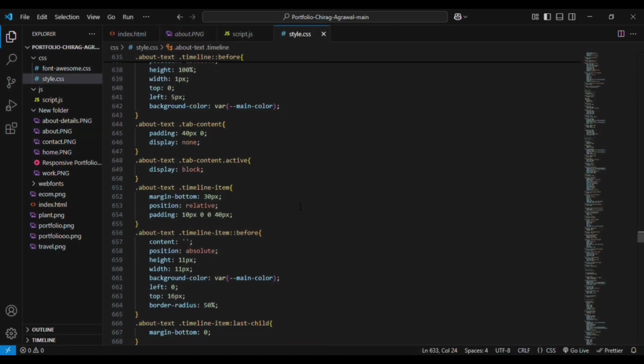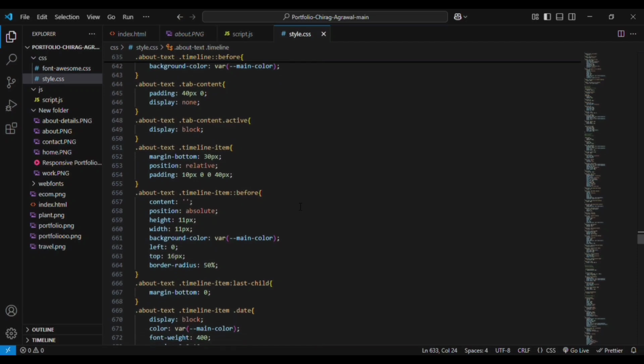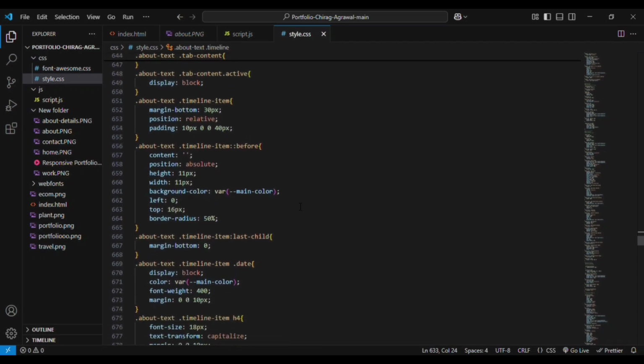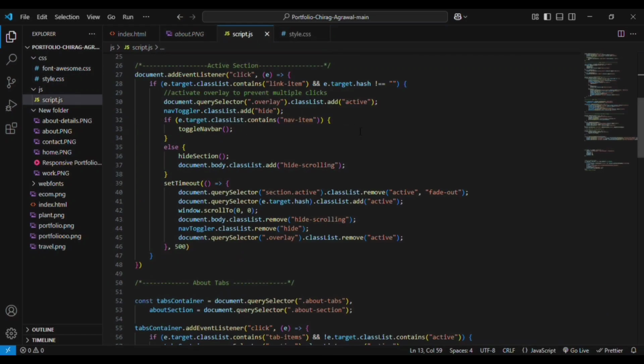Then tab content, padding is 40 pixel, display none. Tab content active, display block. Then whenever you can see here, the active section,